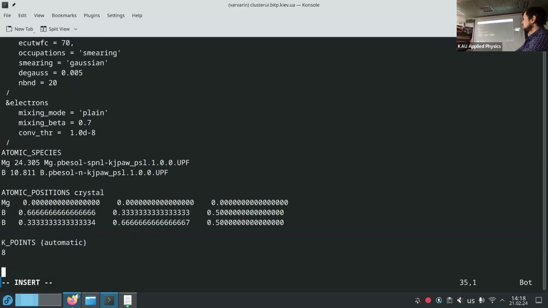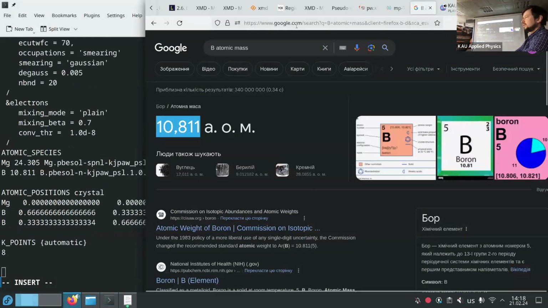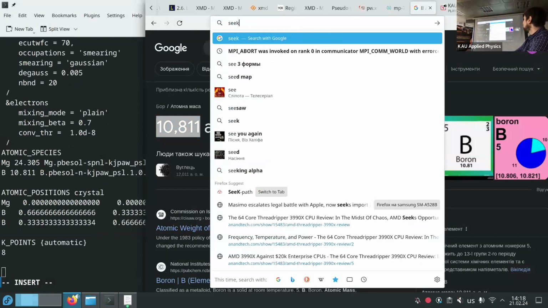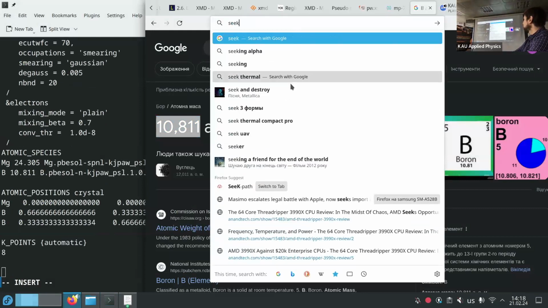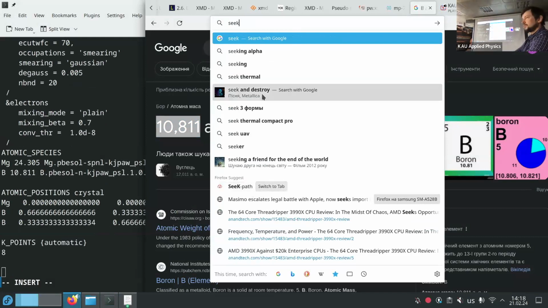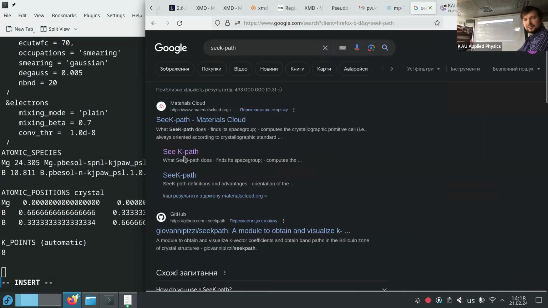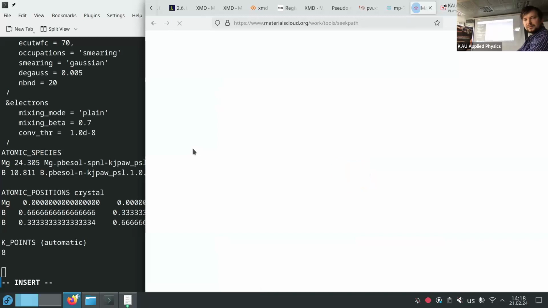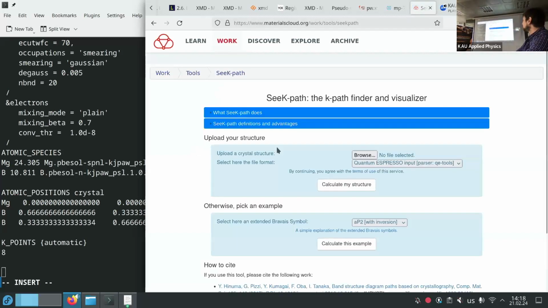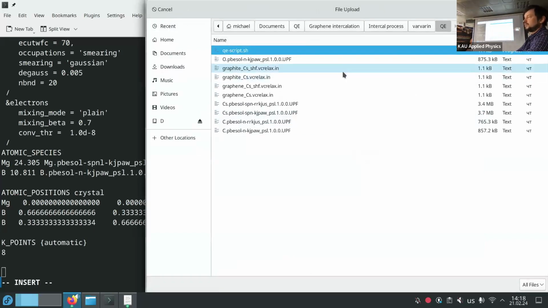In this KPath, we will build our k-resolved DOS path using SIGPass. Here you can open a save file or relax file.